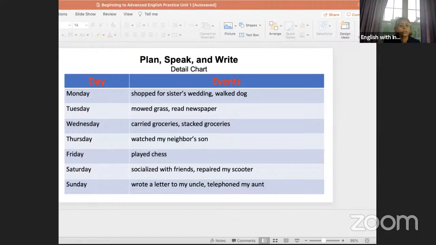I can say, okay, I didn't mow the lawn, but so I will say on Monday, last Monday, I went for shopping. I brought the groceries. So then I stacked the groceries. That's what I did. Okay, so stacked is when you put the things in the refrigerator or you put the